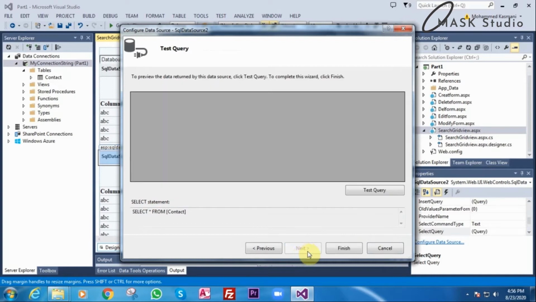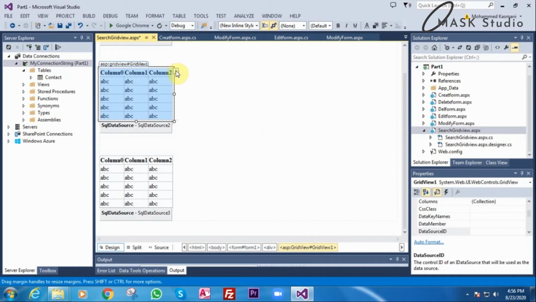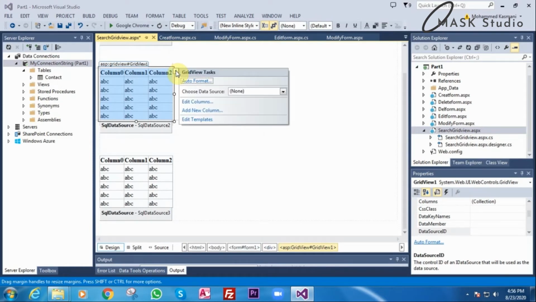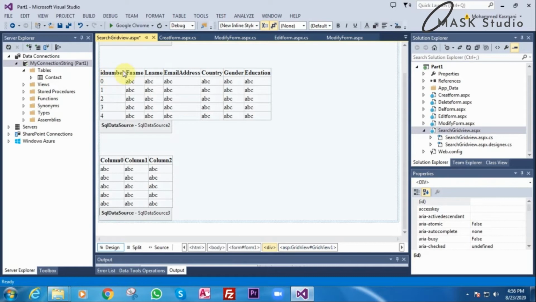Next, I say finish. Now I'll configure the grid view for this SQL2. That's it. All the ID number, email, F name, L name is there now.